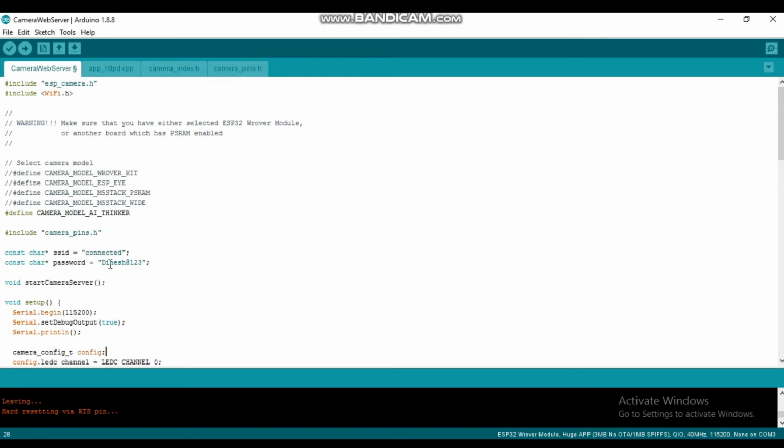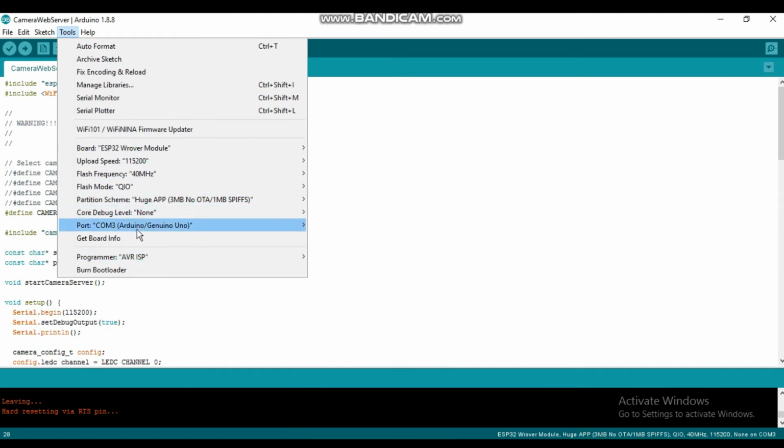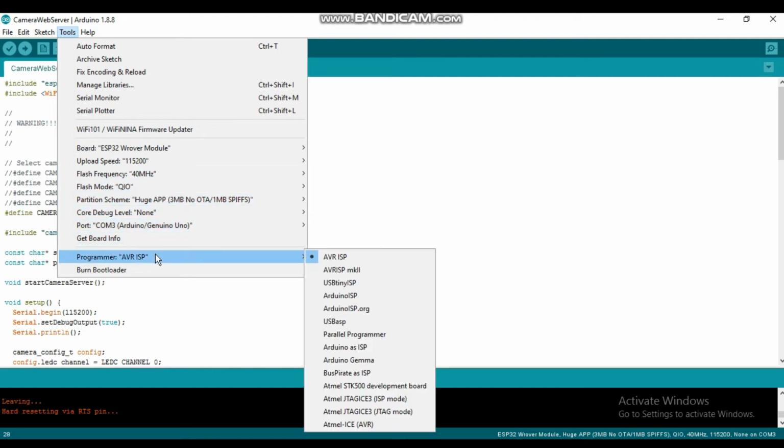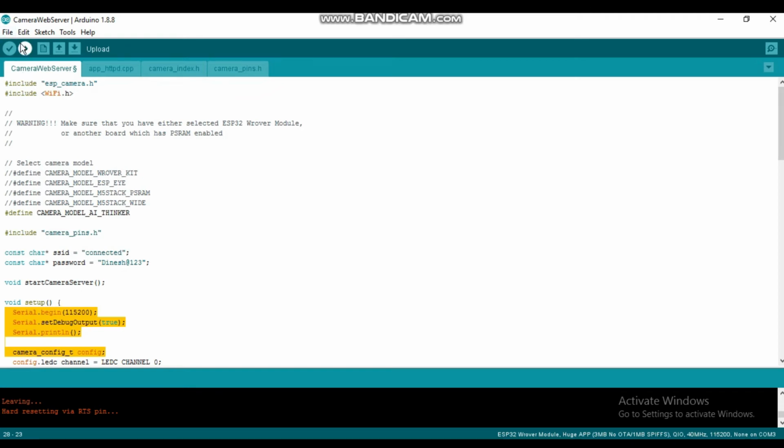My password is Dinesh@123, so I have written it here. Then go to tools, and keep in mind that your programmer should be AVR ISP. Select the other options according to what I have selected here, and just upload it.